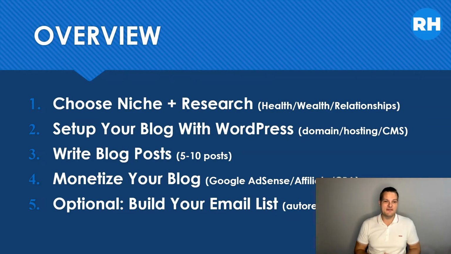So when you are done with the research and you found a niche that you are comfortable with and that you have some sort of interest in and passion for, then you can go on to the next step. The 3 most popular and evergreen niches are health, wealth, and relationships. Wealth covers anything from investing and stocks and money management to making money online, online business, business opportunity, online marketing, and so on. Health is anything in the health and the fitness and mental health and personal growth department.